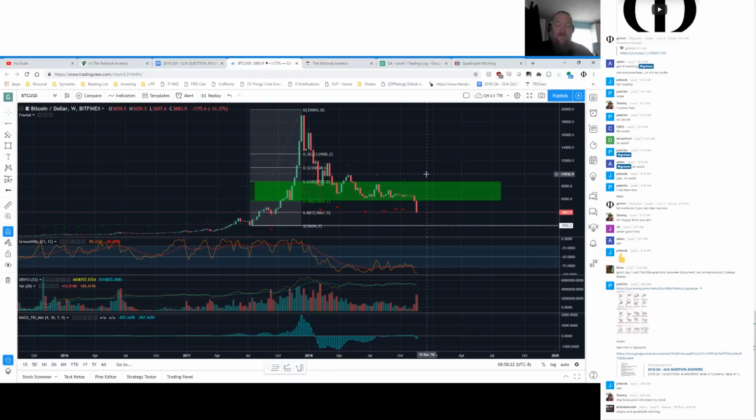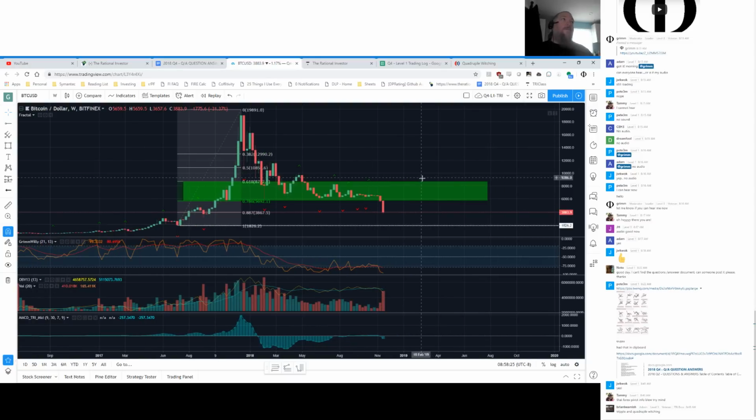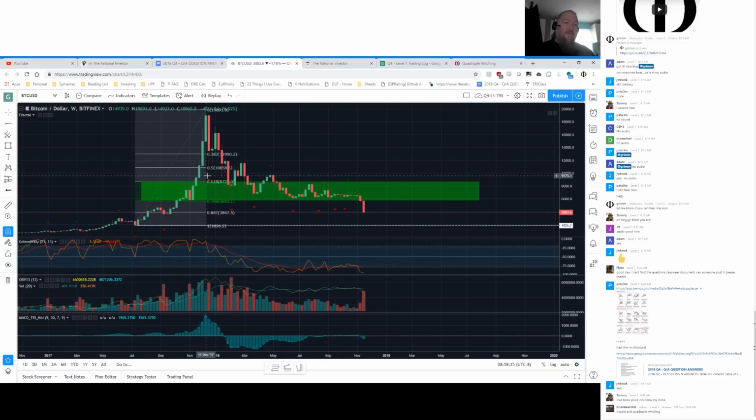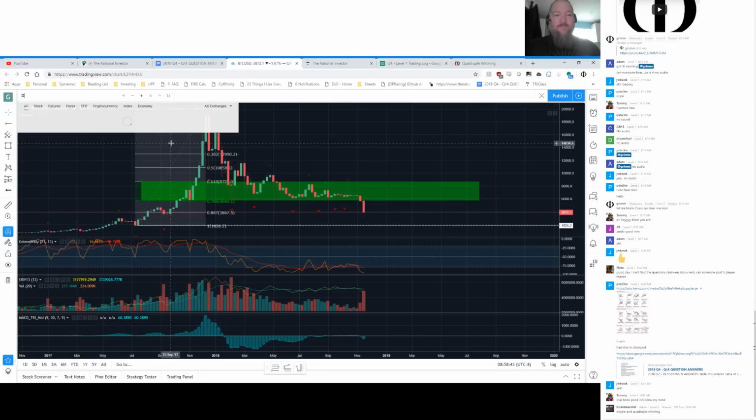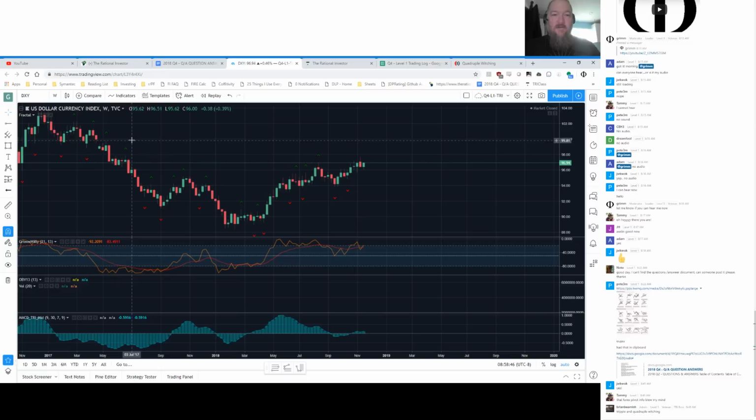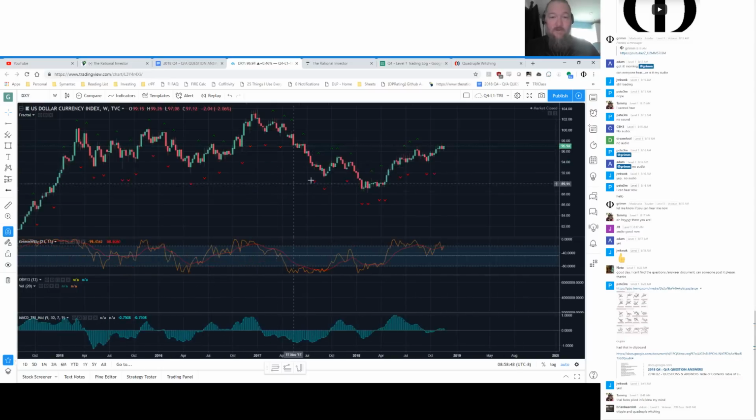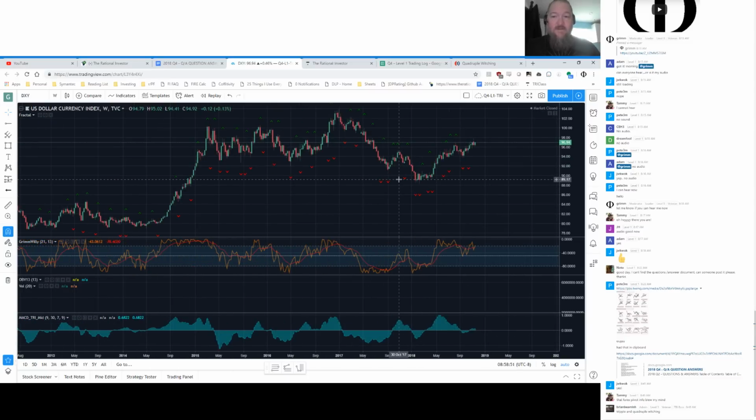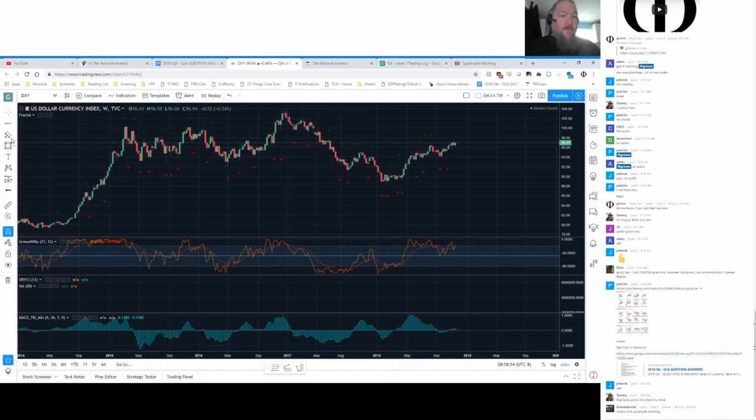Extension levels for profit-taking. I'll be honest, I don't use them as frequently as I do using a reverse back to a previous fib, but where it becomes really strong is, let me find another asset here that we can use. Let's look at the dollar. Okay. So with the US dollar, we will often see moves where we have